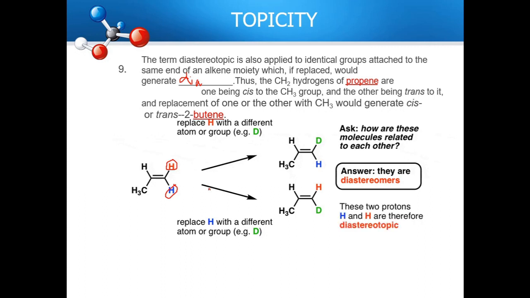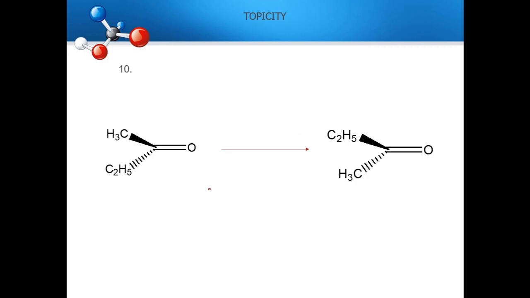So these two protons are therefore diastereotopic. Let us take this molecule. So in this molecule, when you rotate this molecule, you are going to end up with a different structure. So the structures are not the same when you rotate the molecule around an axis. Therefore, a mirror plane exists, and the face of this particular molecule is enantiotopic.